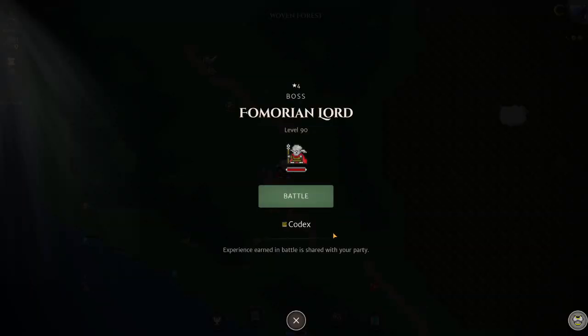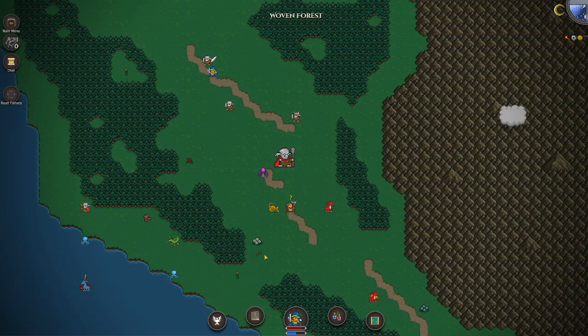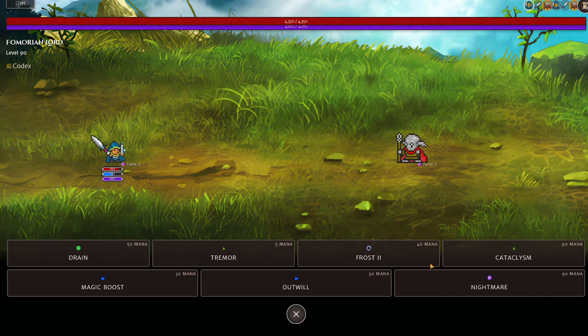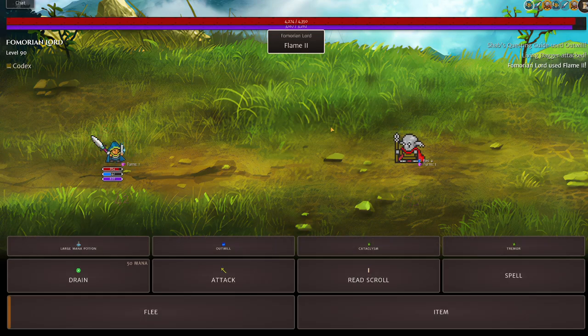Alright, boom, we've got Fomorian Lord. Took me 6 boss kills and 2 party resets, so it took me about 5 minutes to get him to spawn. I've been in the Woven Forest region, basically because Mimic Kings can spawn here. The Mimic King actually needs some forest biome, so it can't spawn in the desert. And as we said before, gives very nice juicy rewards. So yeah, Fomorian Lord is quite...